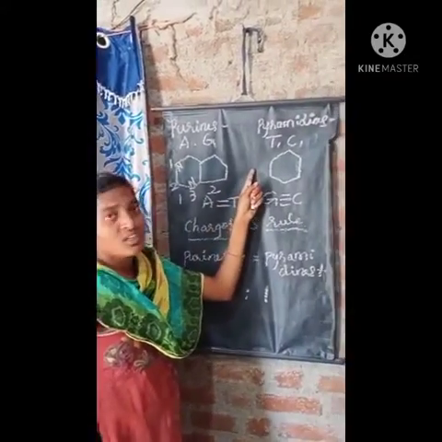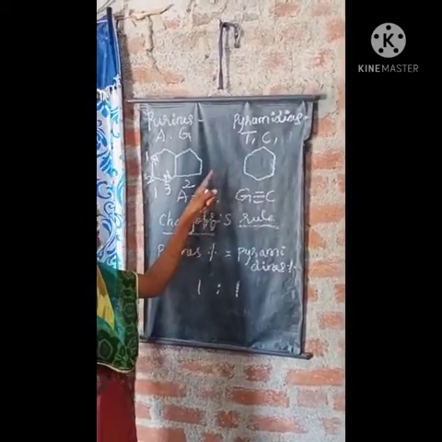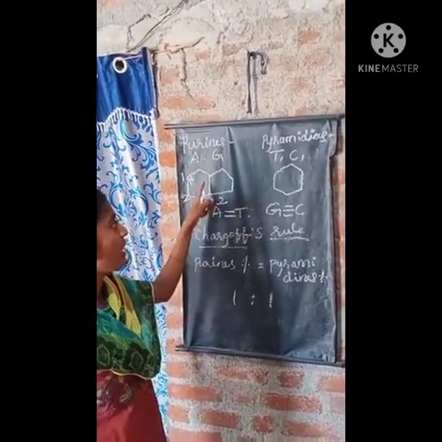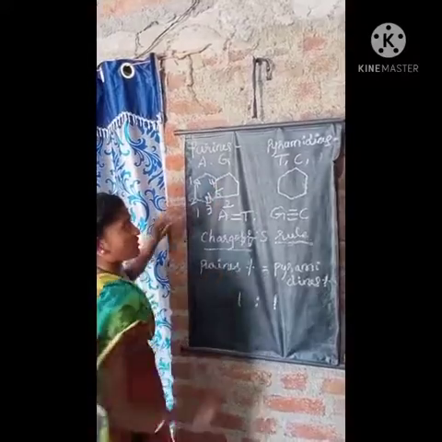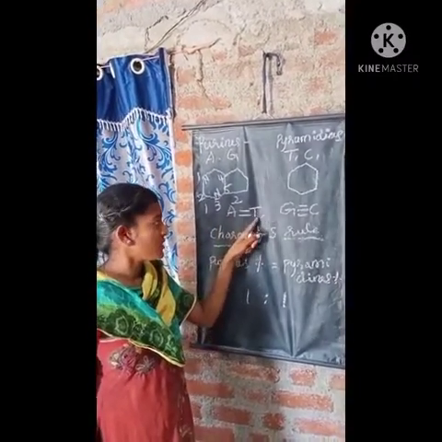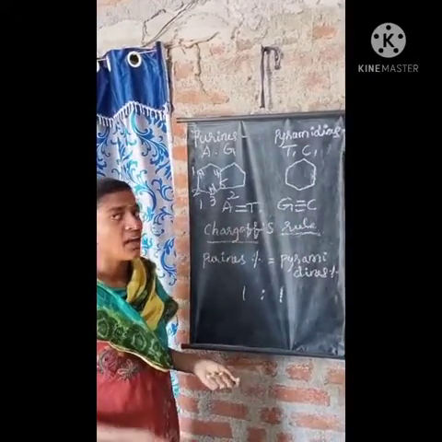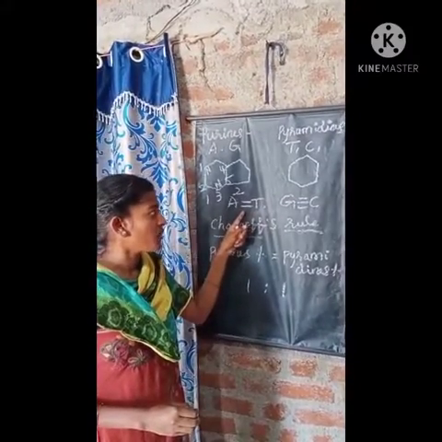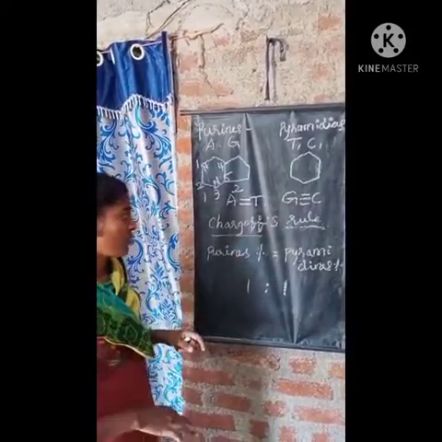In pyrimidines, it is a single ring compound. There is no imidazole ring, and in purines the rings are held together by the 4th and 5th positions of the carbon. A always binds with T, and G always binds with C. They are held together by hydrogen bonds. Between A and T, there are 2 hydrogen bonds, and between G and C, there are 3 hydrogen bonds.